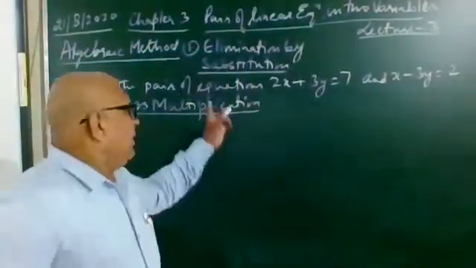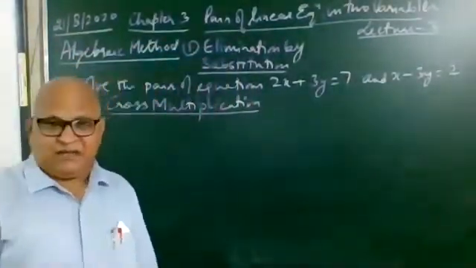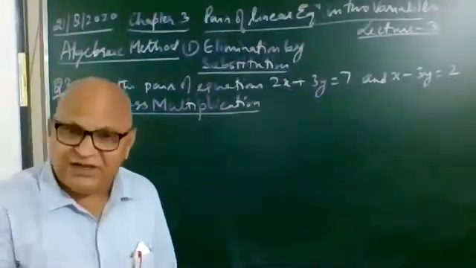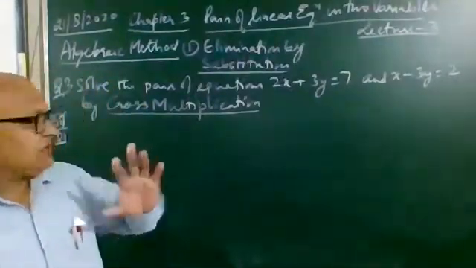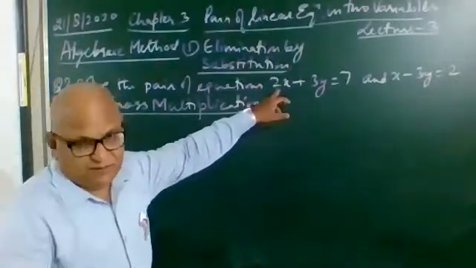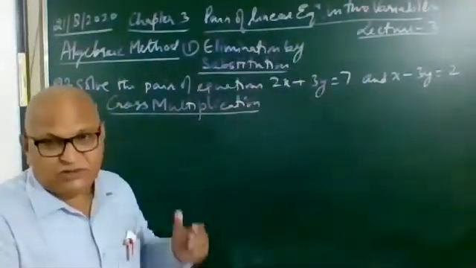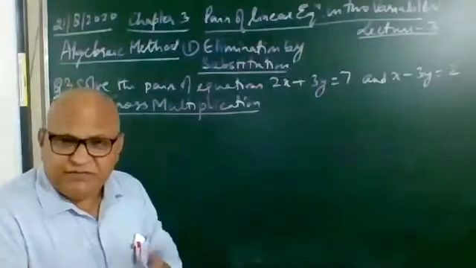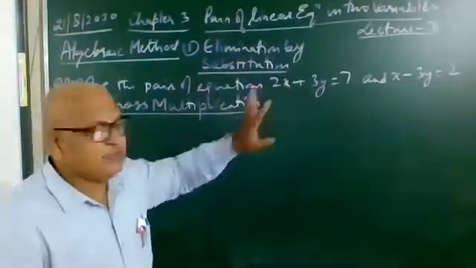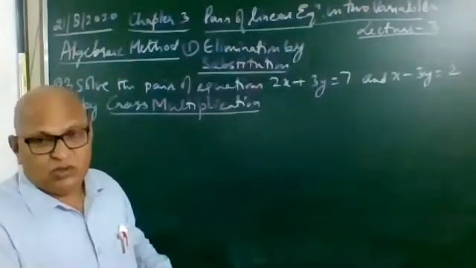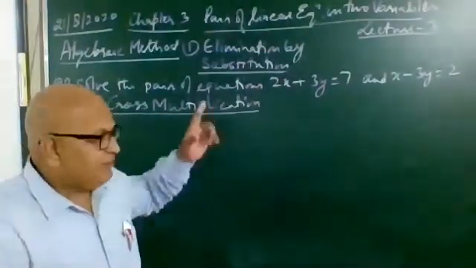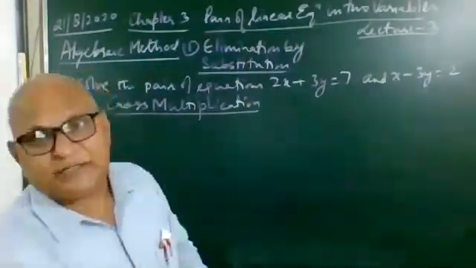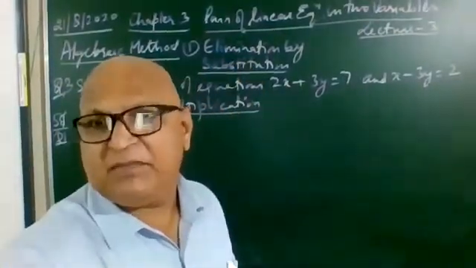This is a very important method, but nowadays I think it is not in the syllabus, but I have explained this question in a different way. Some students are confused with the standard form. Don't confuse it with the standard form you have studied. I am explaining this because wherever we are solving the equation, the standard form will be like this: 2x plus 3y equal to 7. So don't confuse it with the other teachers. But what I am saying, I feel that this is my standard method.